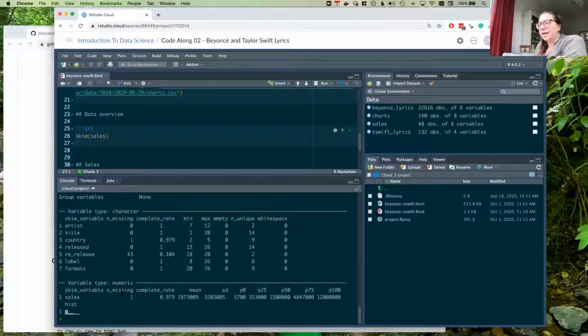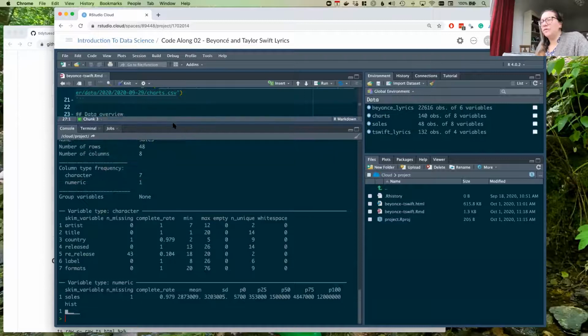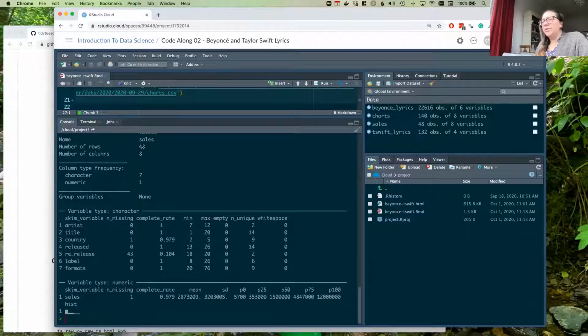So another thing I like to do whenever I take a look at a data set is this skim output is useful. Maybe we should also take note of the number of rows. So there are 48 rows and the number of columns. But one thing I'm having difficulty with looking at this is what does each row represent? It's a little bit hard for me to understand what each row represents. So I'm also going to say, okay, I want to pull up this data set as basically a data.